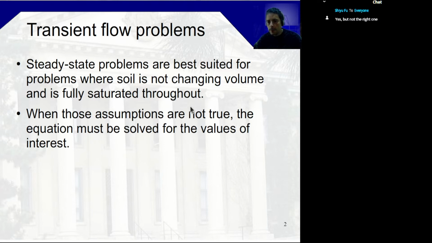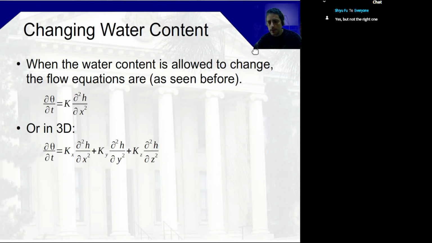But they're not always true, and sometimes we're interested in the time variability. So a lot of these problems will vary in terms of